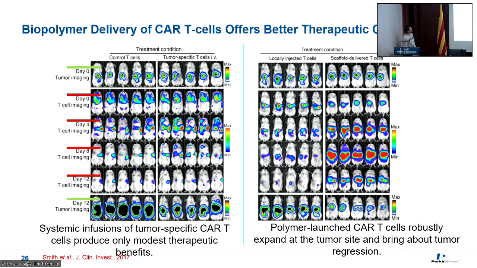So you can see that at day 0, the T cells were, in this case, it's not T cells, it's just control cells. Well, they are just being injected IV, so they will go again through the lung, then they will go inside specific organs such as the liver and the spleen. But in the case of untransduced T cells, you will see that none of them will go in the tumor. So the tumor is somehow localized here. There is no signal at day 12 after injection, so no untransduced CAR T cell going to the tumor or